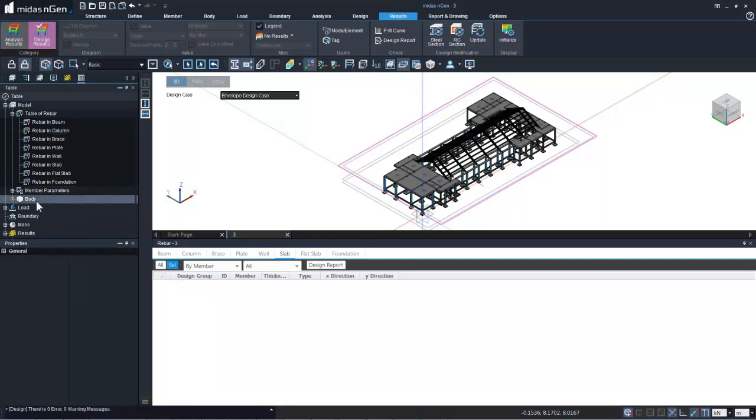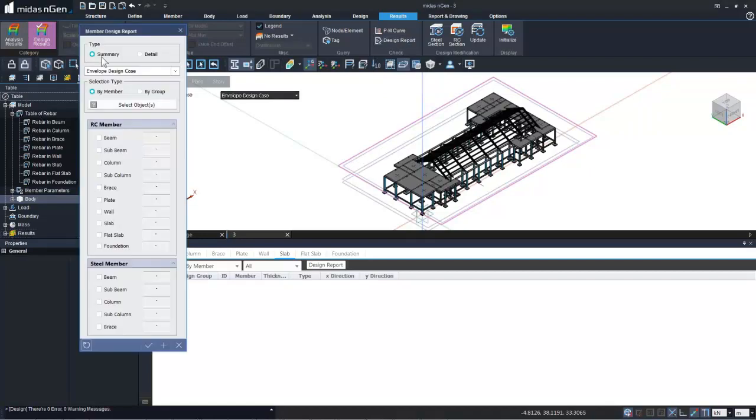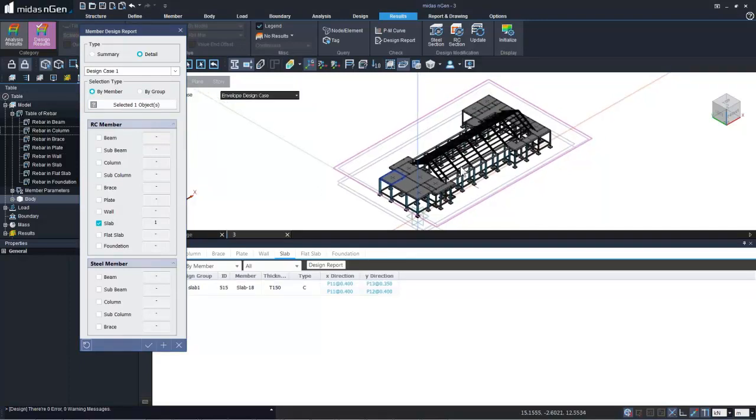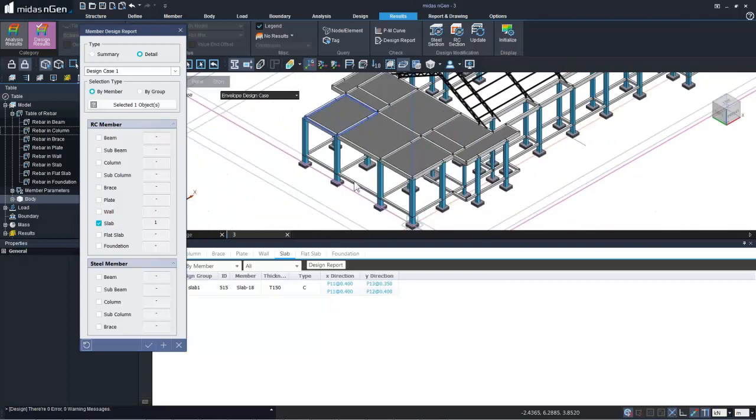Now, the next type of result that we can get is with the help of the design report that can be generated by the program. Design report is in two forms. One is summary, one is in detail. So in the detail type format, we can get the member design report done by group, or we can do it by summary, by member. So by member, as in I need to simply select the members for which I want to get the design result. So I've selected one slab, and further